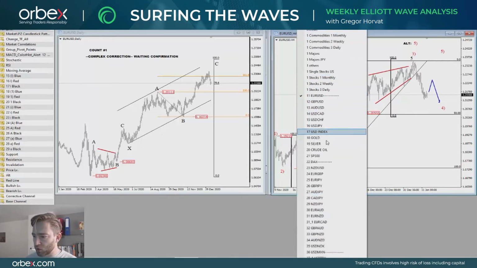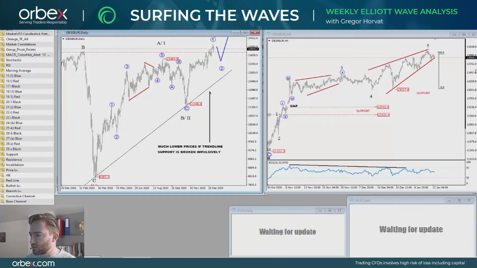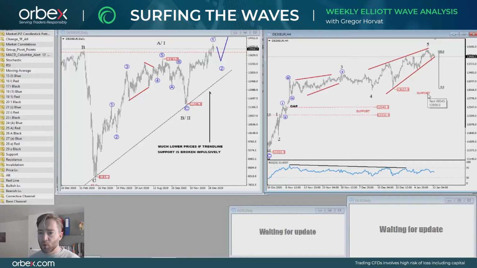Also, if we take a look at the German DAX, I think this could be a very important signal of where the euro could be headed next. Keep in mind that euro and German DAX were both moving together to the upside, but euro dollar is now showing a very aggressive sell-off, meaning that this is the first leg of a minimum three wave drop. So I'm expecting more weakness on euro, which could be supported by a potential bearish turn on German DAX. Keep in mind that German DAX can be trading in a fifth wave. Not aggressive weakness yet, but I think these bulls are running out of time and strength, and sooner or later we will see a much more aggressive sell-off.